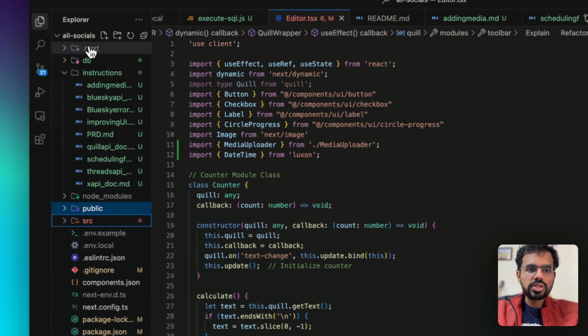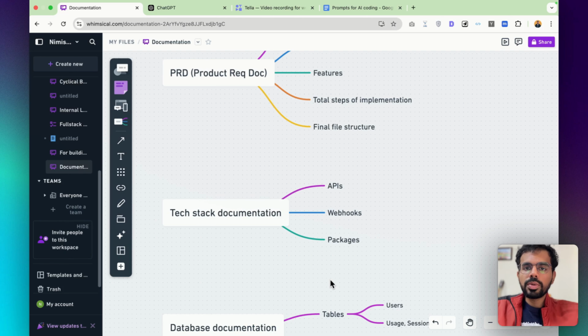Then coming to tech stack documentation, you would be using multiple software attached to the back of your app. These would be multiple APIs or packages. For example, if you are building any AI based app, you would be using ChatGPT's or GPT's API in the background. So documentation around all of that.